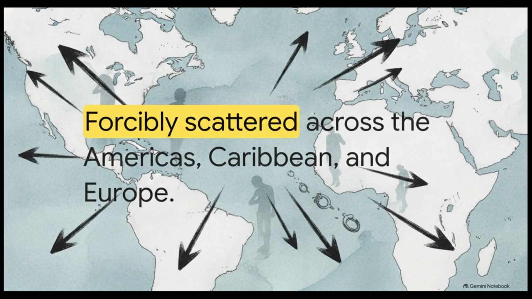The origin of this diaspora is rooted in profound historical trauma. In stark contrast to trade and labor migrations, this group was primarily formed through the transatlantic slave trade. This forcibly scattered millions of Africans across the Americas, the Caribbean, and Europe. It was a brutal displacement that created a massive global population, but crucially, it was one disconnected from any single unified historical nation-state that they could look back on.